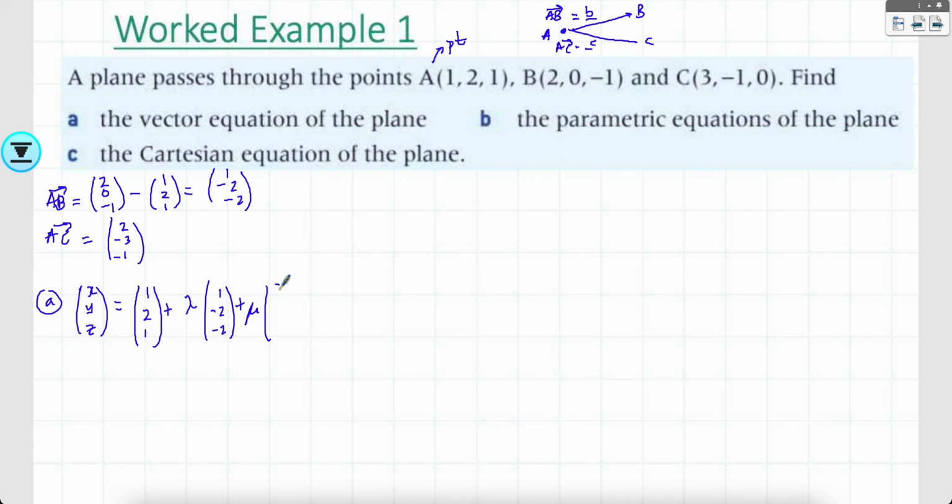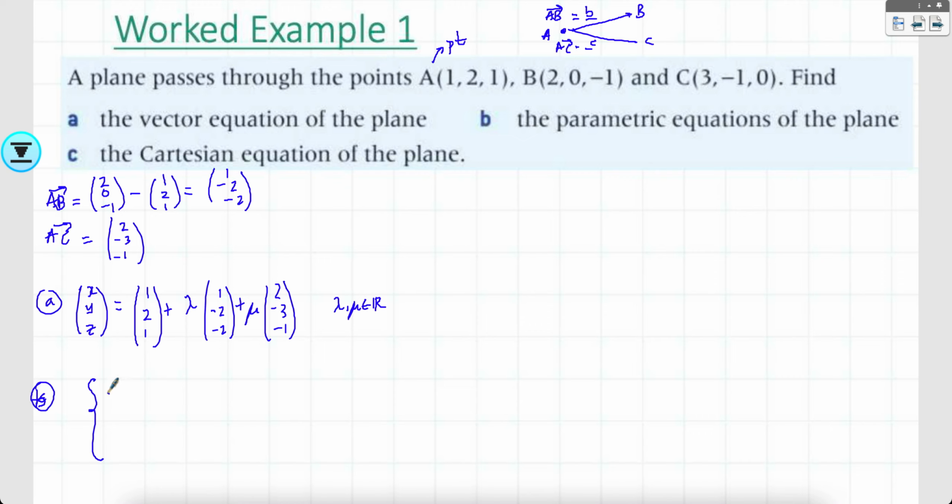And mu is 2, -3, -1. Just quickly indicate lambda and mu are real numbers. And that's it. That's the vector equation of a line. And then parametric, quite straightforward. You have